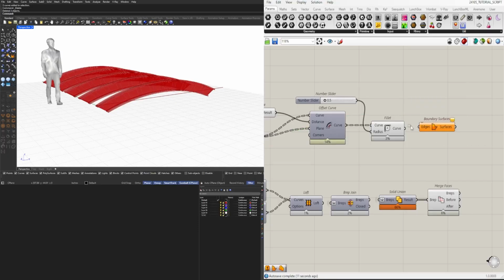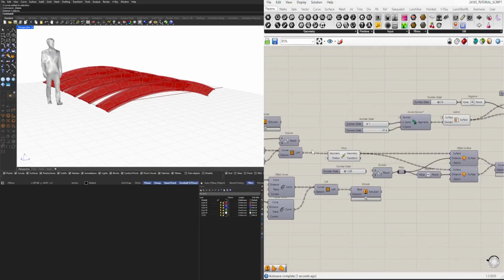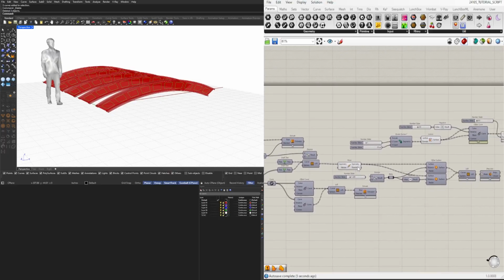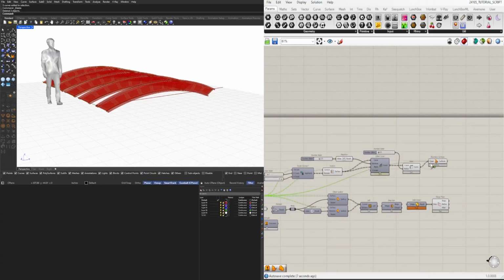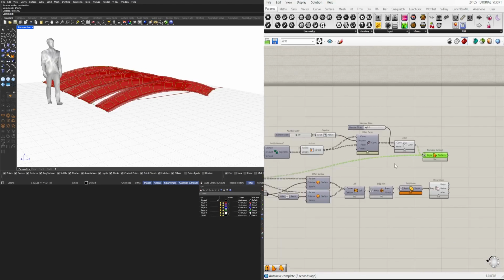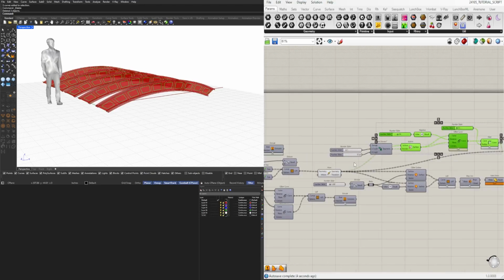So if region difference doesn't work, actually in this case it's going to be better to do it this way anyway, and flatten the input. And you'll see now that when I hide everything,